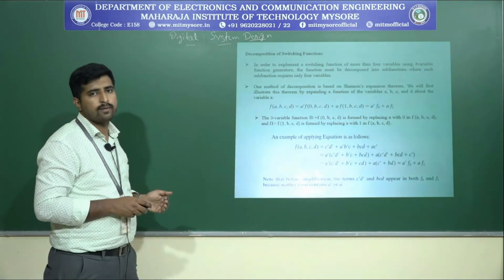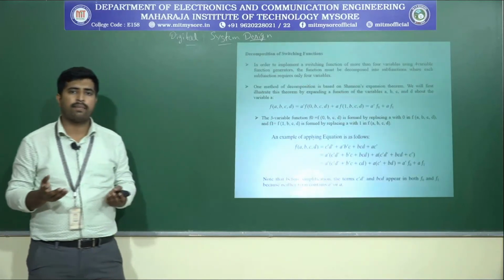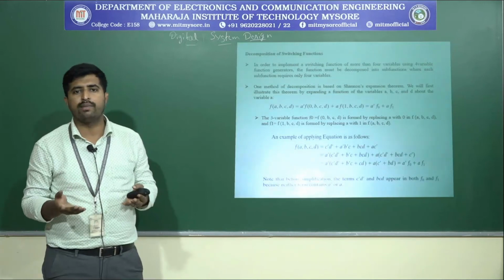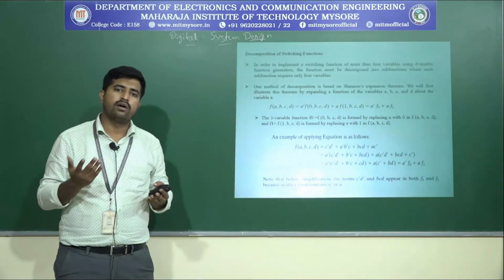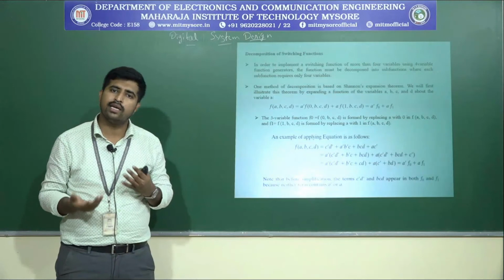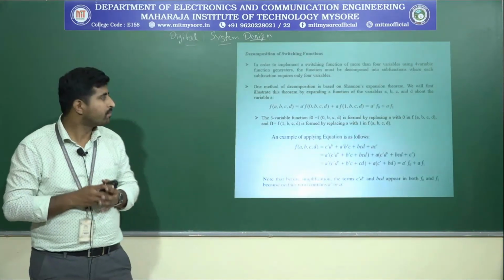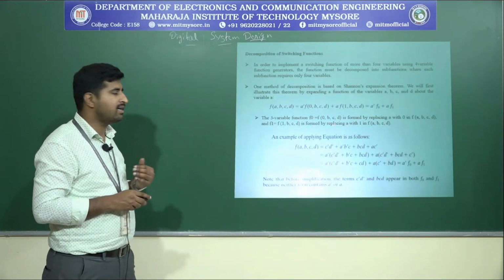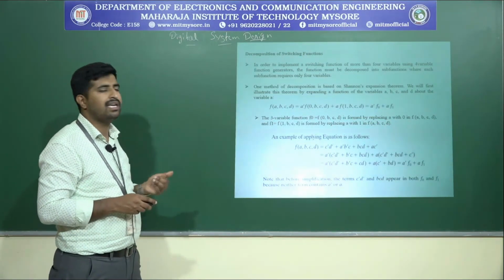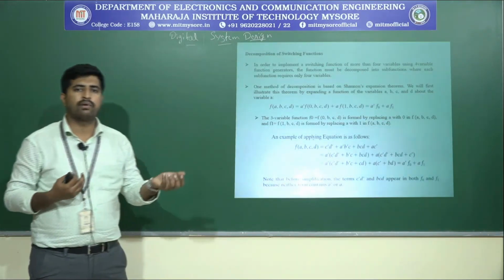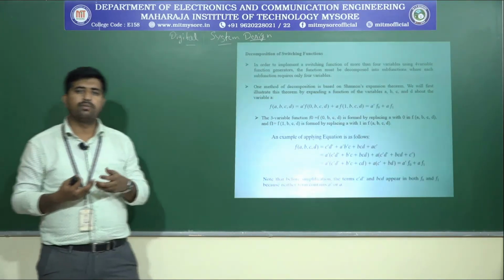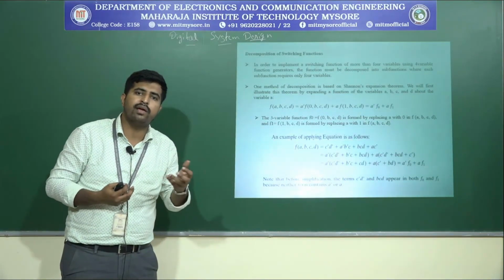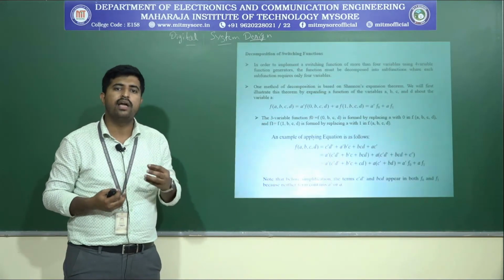In a 5 variable K-map, we implemented the 5 variable K-map by using two 4 variable K-maps, right? By using the folded method or the stacked method. So here f0 of b, c, d is formed by replacing a with 0 in whatever the Boolean function is. By considering a equals 0, we frame one equation, and considering a equals 1, we frame another equation. That is what f0 and f1 are.